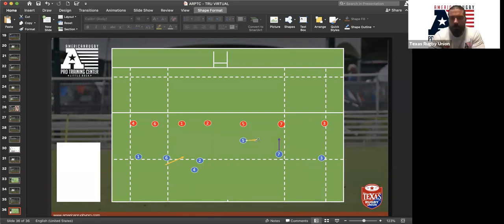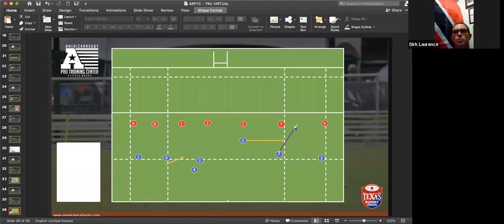Not necessarily passing behind. What we're looking to do is 5 is going to pass the 7, and if they run an unders line, what they're looking to do is run under this defender here. So they're looking to go through this gap. So it could be used as a short ball. And then if we run an overs line, what we're looking to do is run over the shoulder of the defender here. So the ball would come a lot wider.